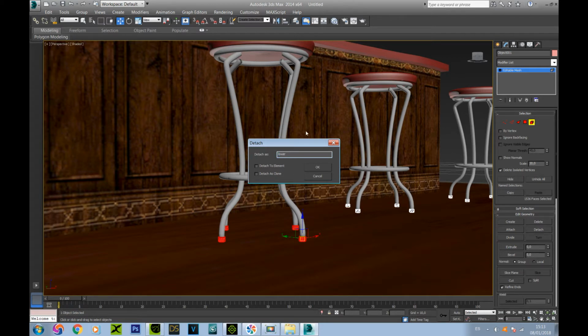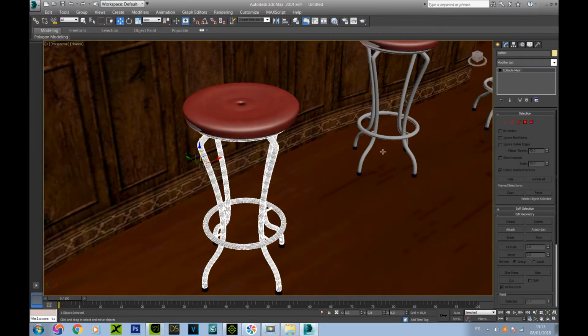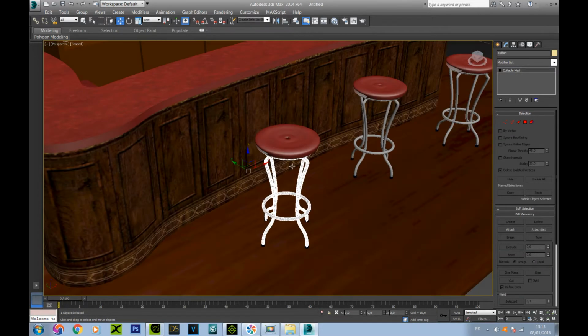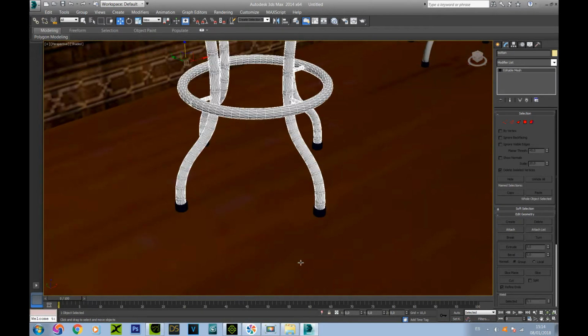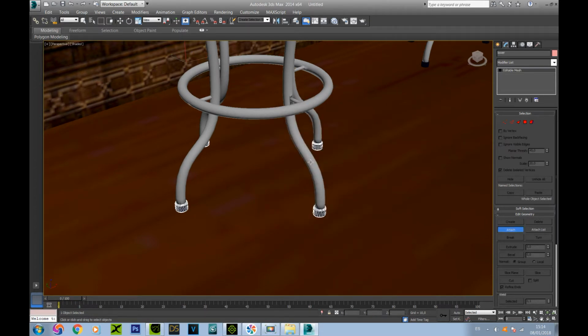Don't worry about the names, you're gonna unify them later anyway. So now we got separate pieces. Now as we have broken pieces, we need to glue them together in order to create one geometry we want. So we're gonna select this part and use attach on here,